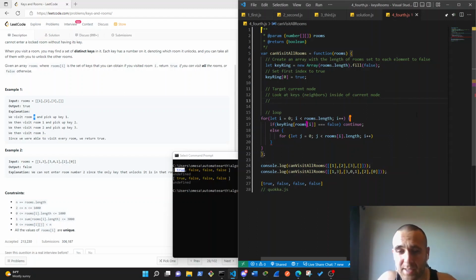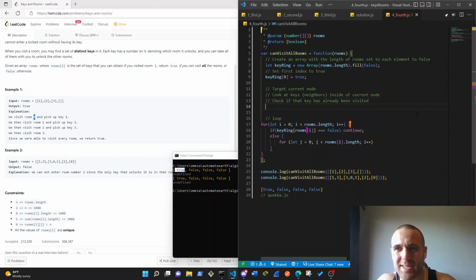In that case, then we could check if that key has already been visited. I'm trying to use language that doesn't include any technical talk, just to make it a little more challenging. We could check if that key has already been visited, and if it has, then we wouldn't want to do anything. But if it hasn't,